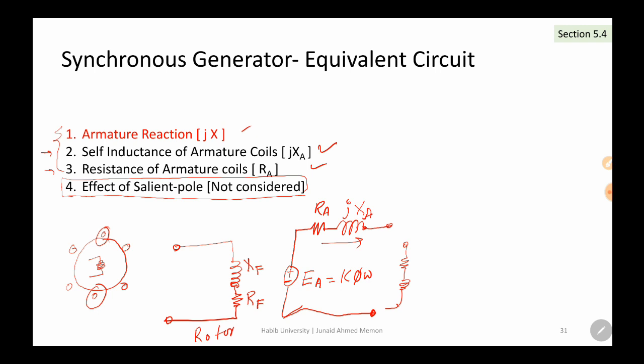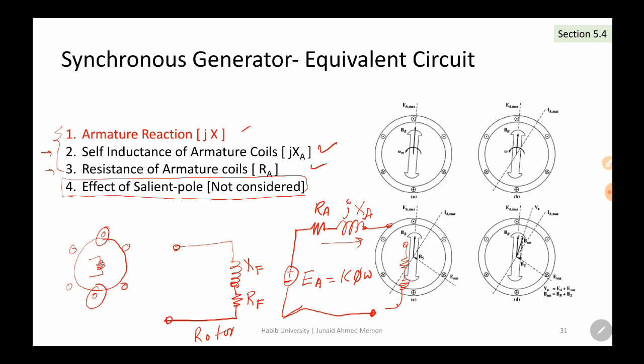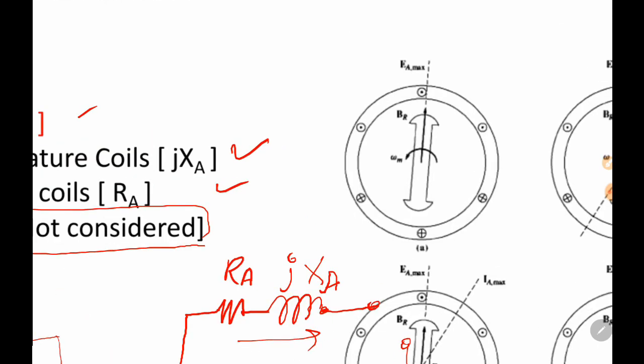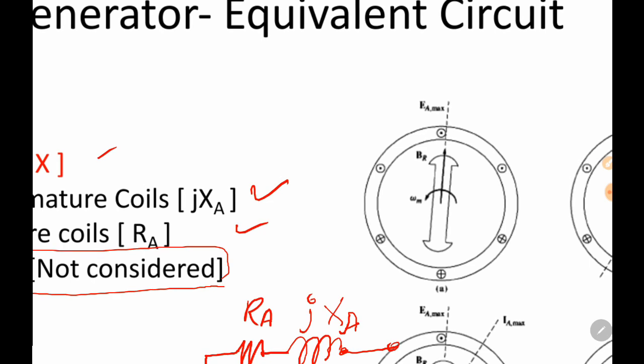So now that magnetic field, let me show you one more figure. For example, there are 4 figures, so let's focus on figure A, which essentially shows that you have a rotating magnetic field, a rotor which is generating the rotating magnetic field, and on the armature you have 3-phase windings inside which your voltage will be induced. And so one thing that we observed is that